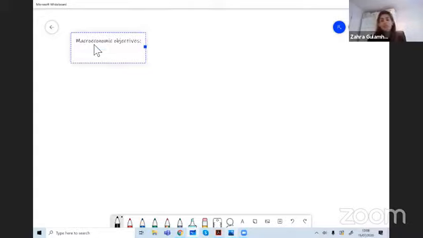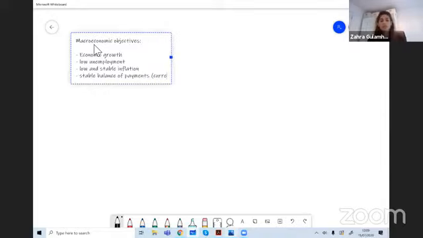Okay, let's list the main macroeconomic objectives first. To start with, we have growth, we have low unemployment, followed by low and stable inflation. We also have a stable balance of payments. At this stage, you only look at the current account of the balance of payments. Going into Year 13, you look at the balance of payments in a lot more detail. We also look at another macroeconomic objective, which is